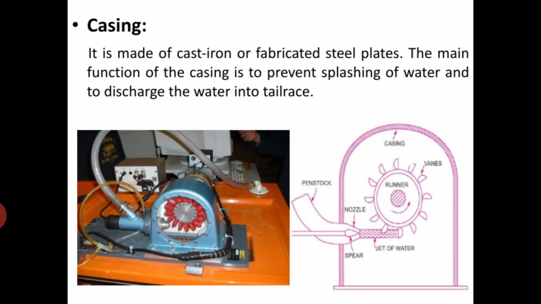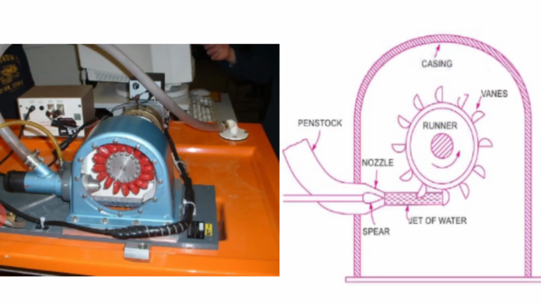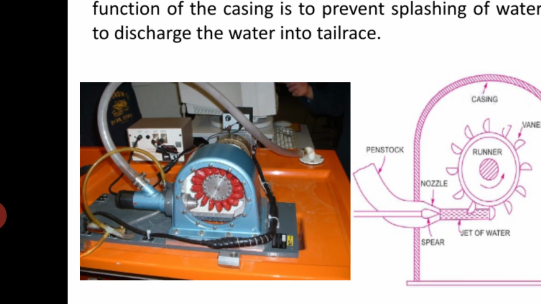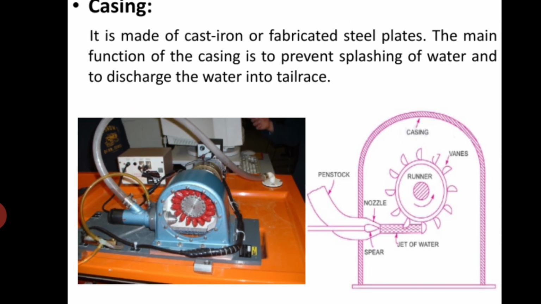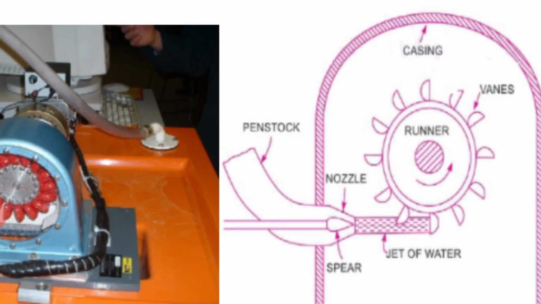Next is one more component, the braking jet. Here you can see the braking jet will be provided. When the nozzle is completely closed, by pushing the spear in the forward direction, the amount of water striking the runner